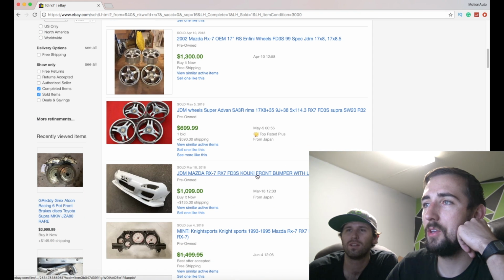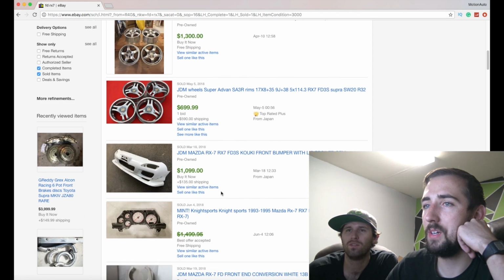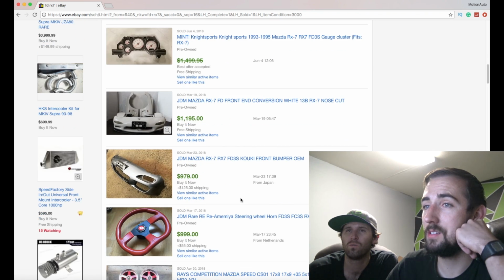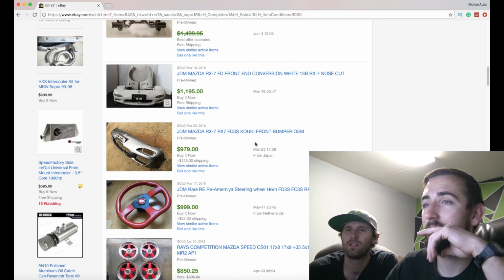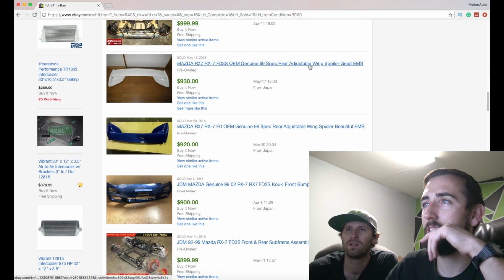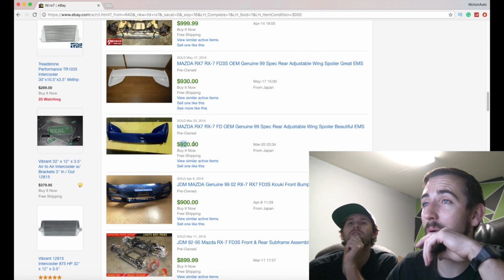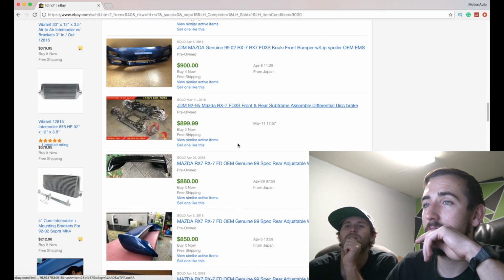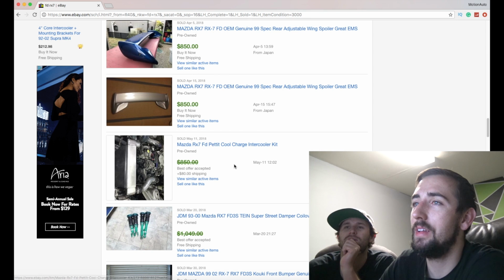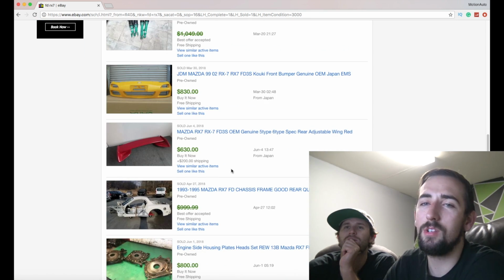Yeah, so look at this. Kooky front bumper, $1,000. Gauge cluster, $1,400. Gauge clusters, I guess, are expensive. Front bumpers. Look at that, that's the 99 spec wing, $900. Wow. I feel like Dave got a hell of a deal on his FD. I'm stoked on that thing. It's one of those project cars where...